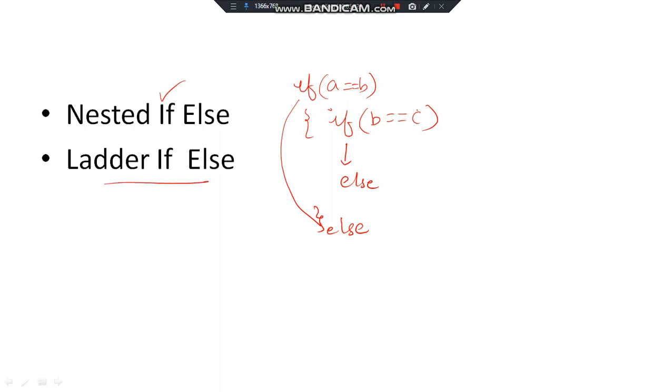And there is another one, ladder if else. What is ladder if else? If a condition is true, do this, else if you want to check another one, inside the else you can write another condition and execute the instructions. At the else of this, again you can have another if, and so on. So these are the 4 forms of the if statement.